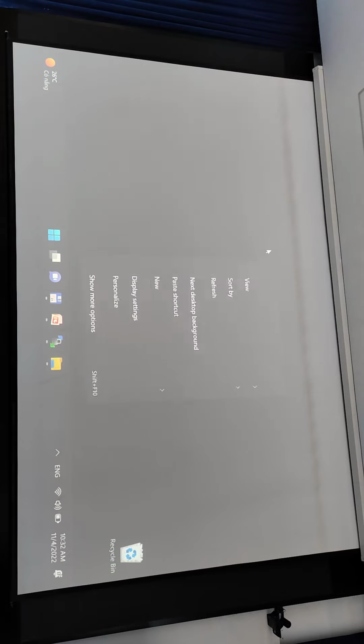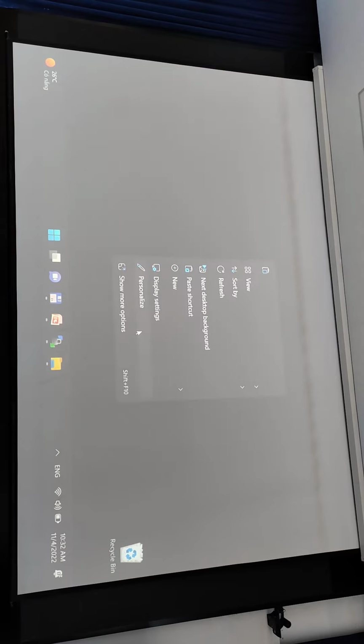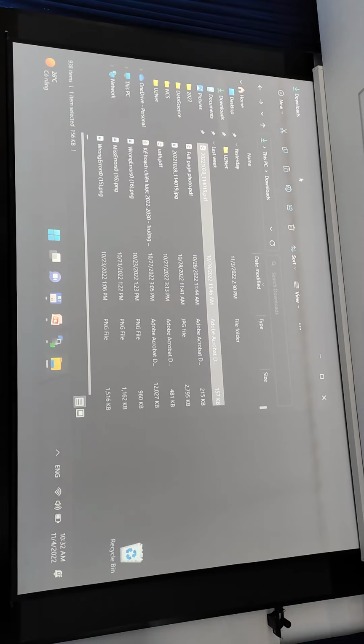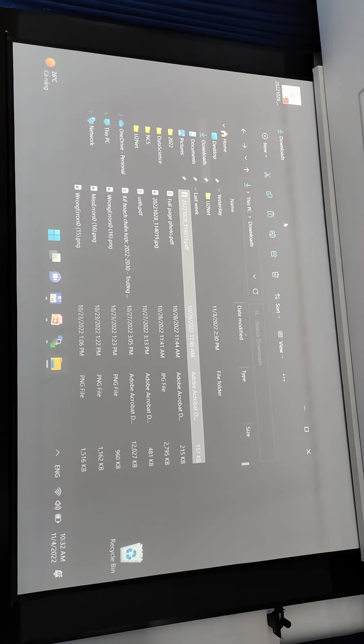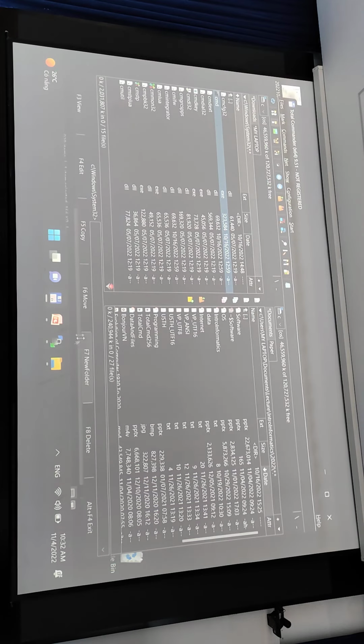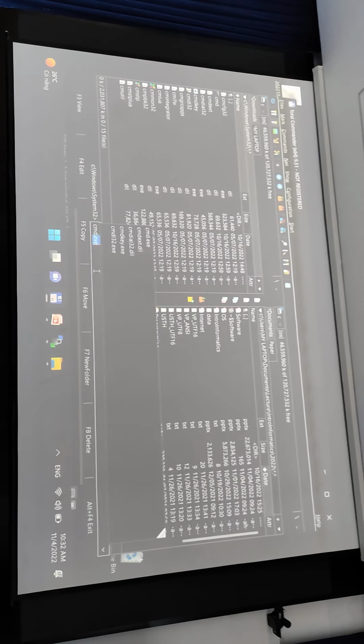Here, for example, where's the best one? Some more options. Maybe this. For example, if I want to copy a file from this place to another place, I go to the Explorer and do that. So what if I use the command line?